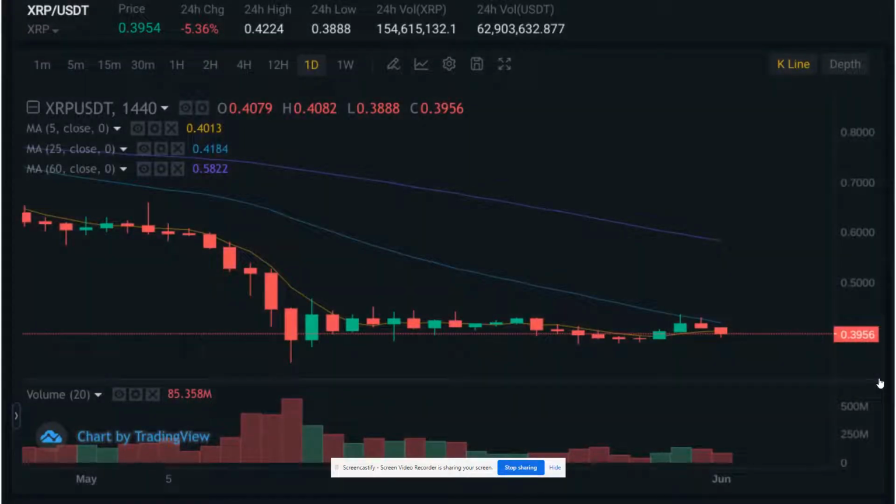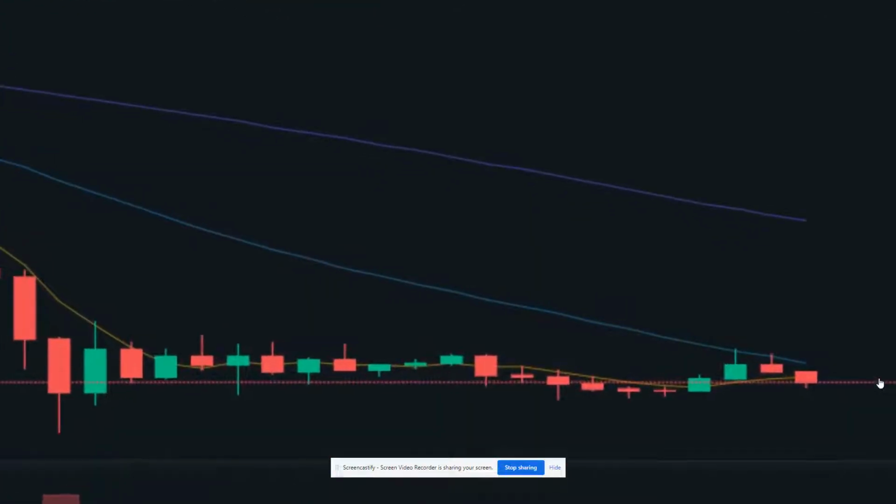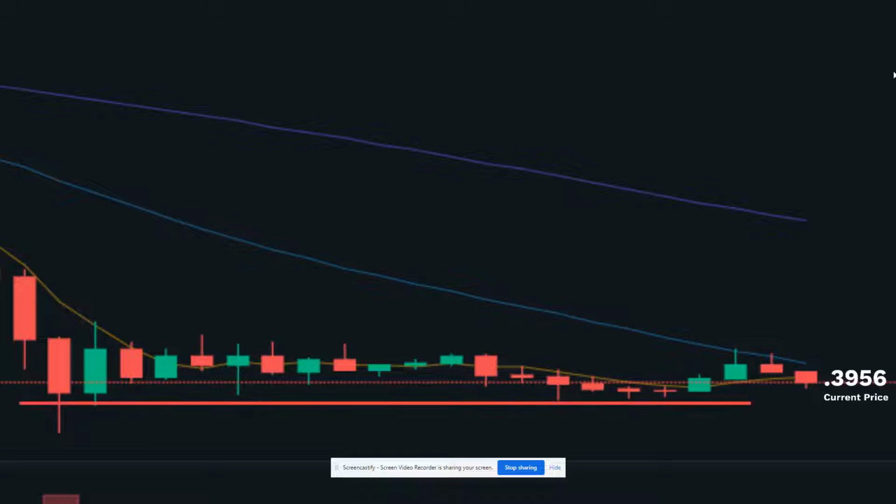So here's an example. This is XRP at that particular amount. Let me show you how it works. At this current time, the price for XRP was about 40 cents. What you do is look for a floor. As you can see, there's a natural floor right there, and then you find the lowest point